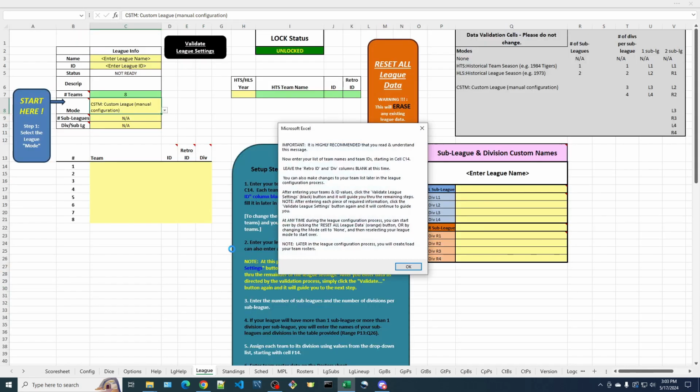Okay. And it goes through some Excel gyrations, and then it shows me this somewhat wordy pop-up window. It recommends that I read and understand the whole thing. But I'll summarize it. Basically it says, over here in this yellow block, it has numbered it for 8 rows for my 8 teams, and that's where I'll enter the names of my teams. I'll also enter an ID for each team, and it tells me here to leave the retro ID and div columns blank. These second 2 columns will leave blank at this time. And once I enter them all,